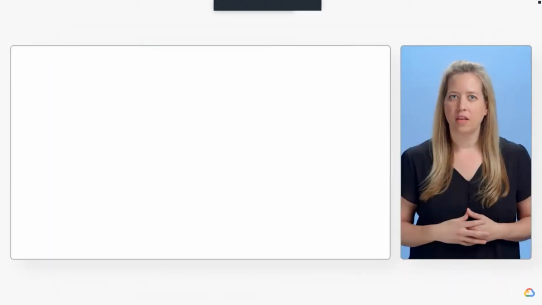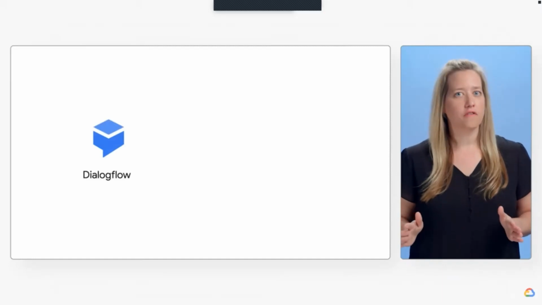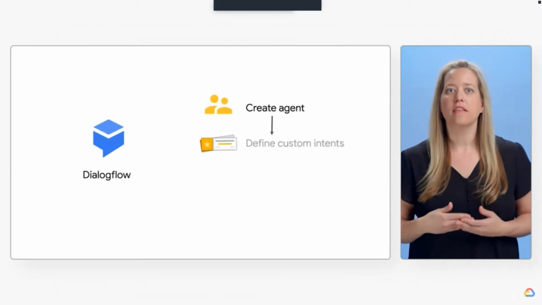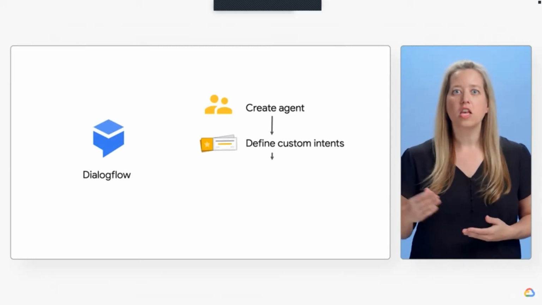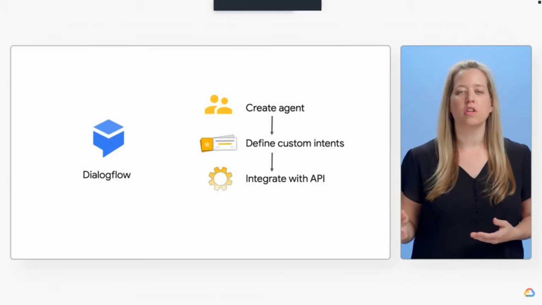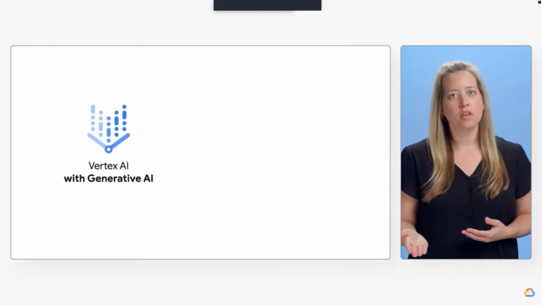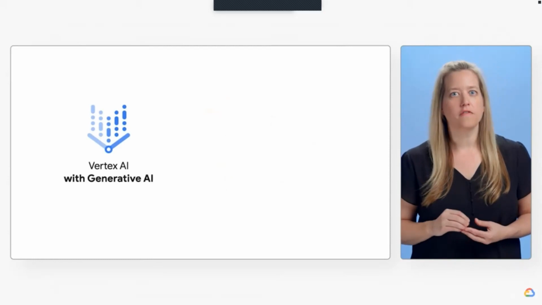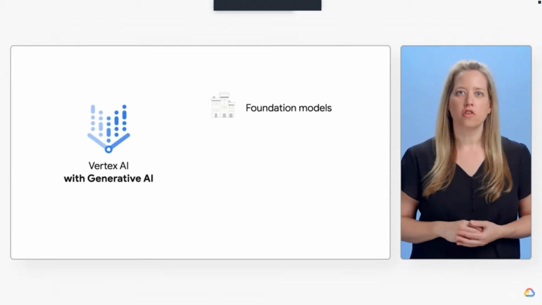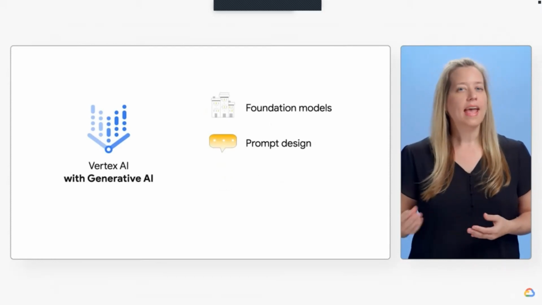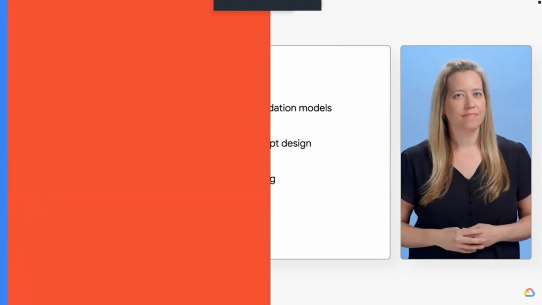So how can you use both of these technologies for building features in your own application? Dialogflow is available to application developers for creating conversational chat interfaces. After creating a Dialogflow agent and defining customized intents and entities, you can use the Dialogflow API to integrate the agent into your application. For the LLM, you can build a model to meet the specific needs of your application using the generative AI support in Vertex AI, or you can discover foundational models provided by Google Cloud and then customize them by creating and modifying prompts as needed and fine-tuning the models with your own data.